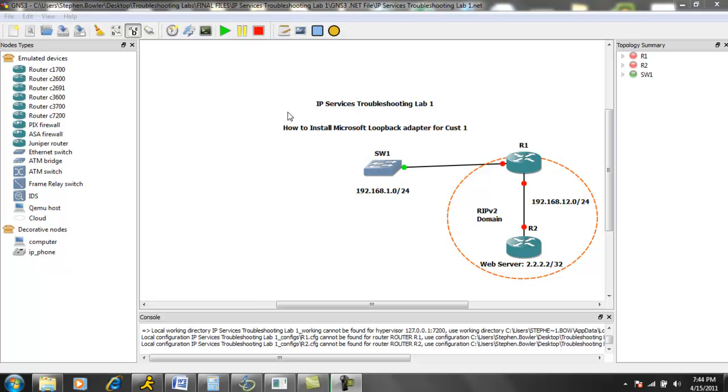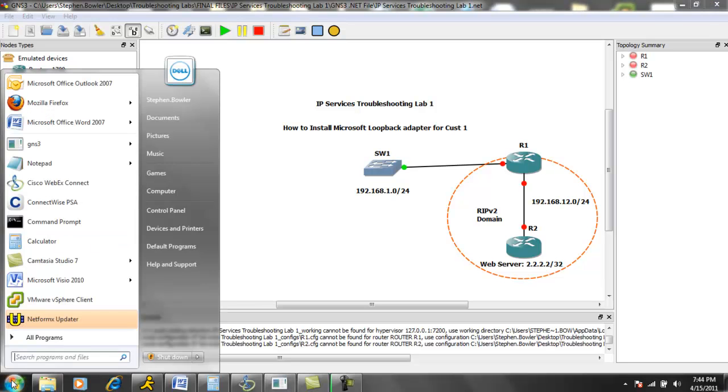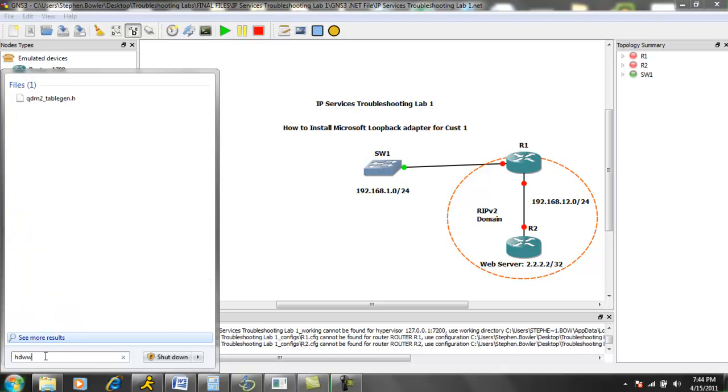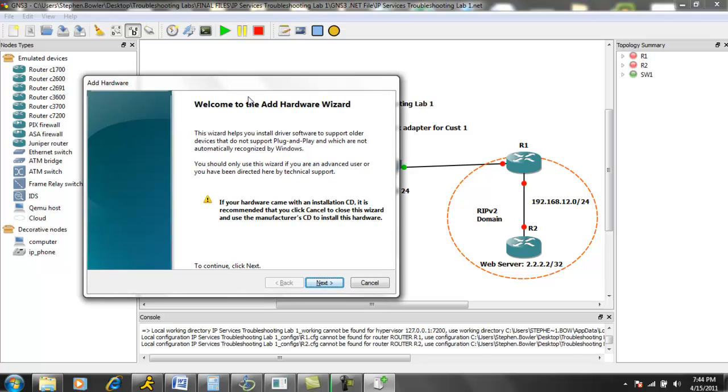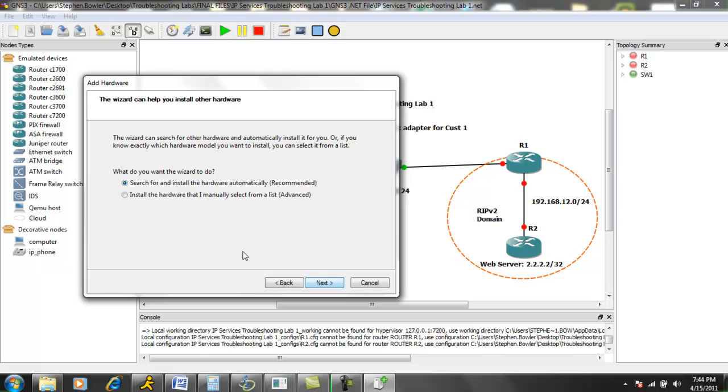So the easiest way to do this, if you're running Windows 7, is to go to your search option and put in HDW.exe, and this will bring up your hardware wizard. So you just hit enter, and then you'll see a screen that says welcome to the add hardware wizard. So we'll just hit next, and then we will select the option to install the hardware that I manually select